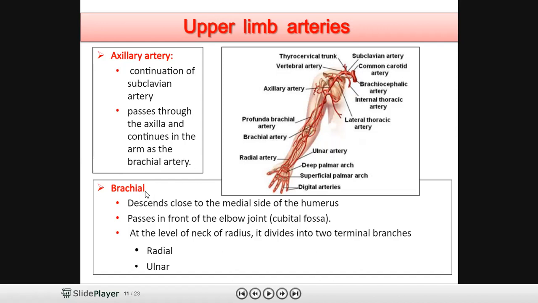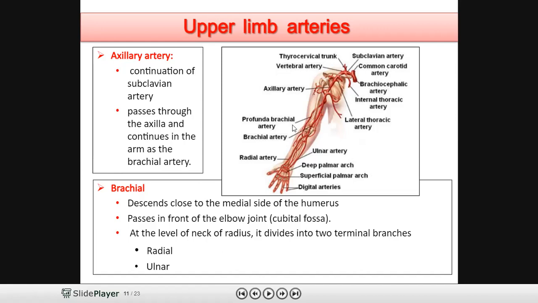Now, the brachial artery descends close to the medial side of the humerus. So this bone here, yeah, this is your humerus. Now, on the medial side of that, the brachial artery descends. So you can see that the brachial artery is medial to this bone called humerus. So the brachial artery descends onto the medial side of the humerus and then passes in front of the